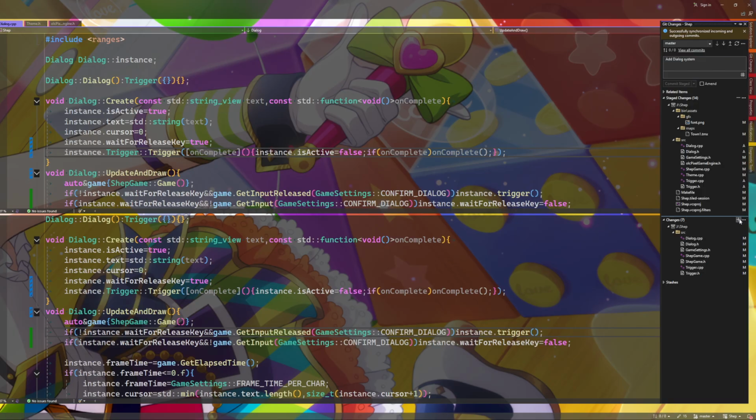Okay. Final thing I want to do: when I press it while it's scrolling, it automatically goes to the end, but it does not continue. So we're going to say if cursor is at end, instance.cursor is equal to the text length, then yes, the cursor is at the end.